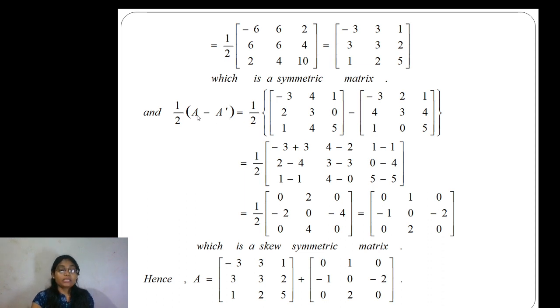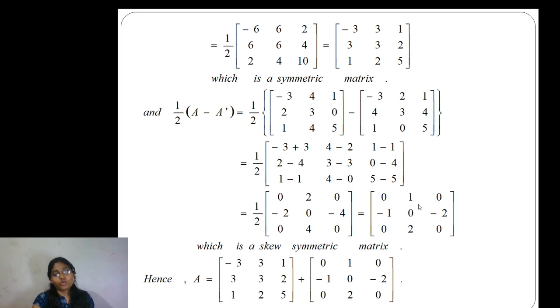Next, half into capital A minus A dash equal to half into this matrix minus this matrix. Half into corresponding element গুলো সাবট্রাকশন করব আমরা, দেখো corresponding element গুলো সাবট্রাকশন করা হয়েছে, তাহলে half into 0, 2, 0 minus 2, 0 minus 4, 0 4 0, তাহলে দেখো এখানে যদি আমরা 2 কমন নিই তাহলে হাফটা চলে